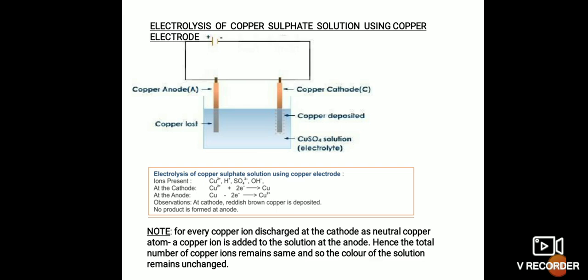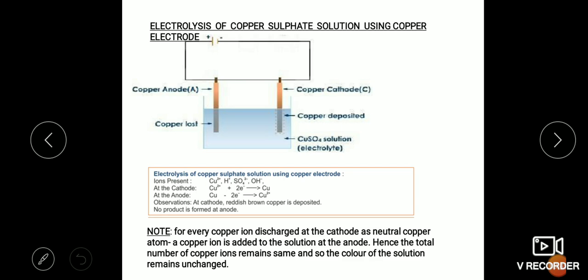So now we are going to continue with the chapter electrolysis, and today we are going to look at some of the examples of electrolysis. The first example which we are observing is electrolysis of copper sulfate solution using copper electrode. As I discussed earlier, in this particular section which I am going to teach today, you have to remember the name of the electrodes, like what is the material of which the electrode is made, the name of the electrolyte, and the reaction at cathode and the reaction at anode. Those are the important things which you need to learn. Therefore, you can take the snapshot of these slides and you can keep it for revision.